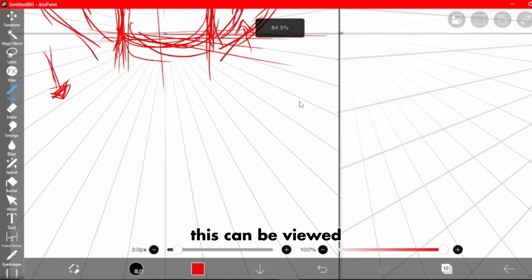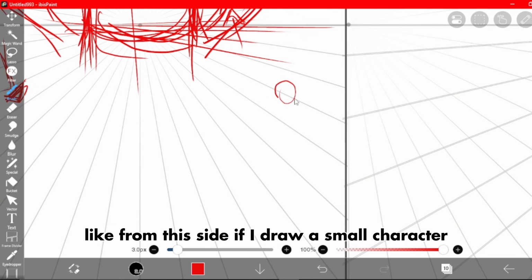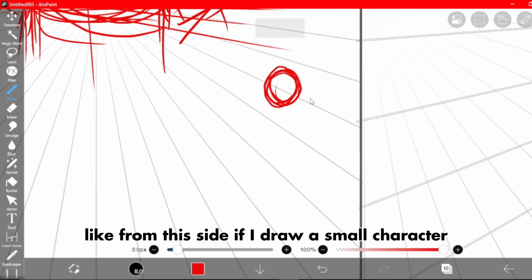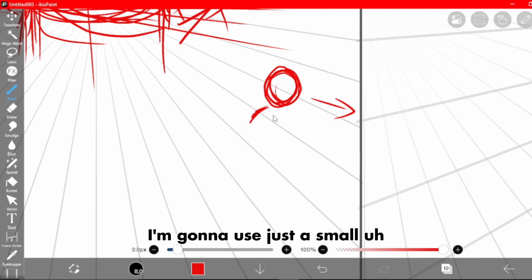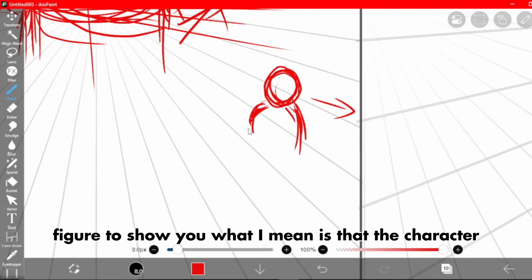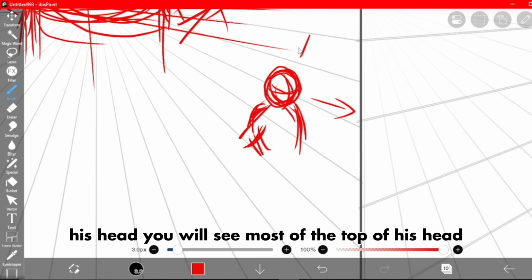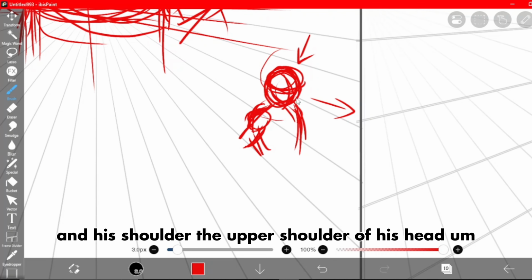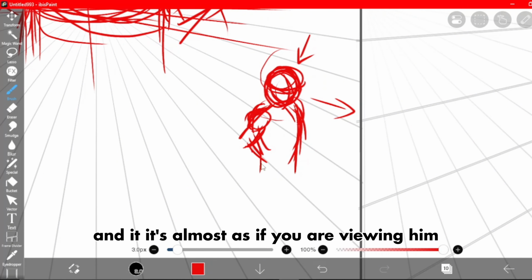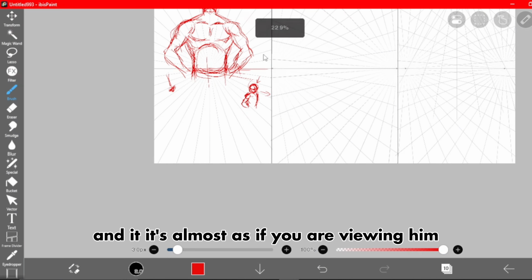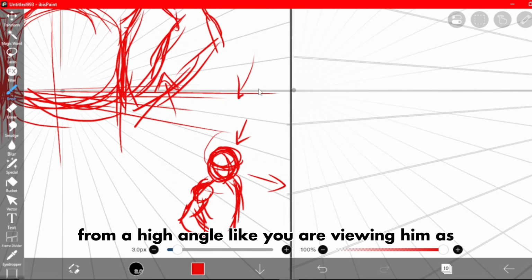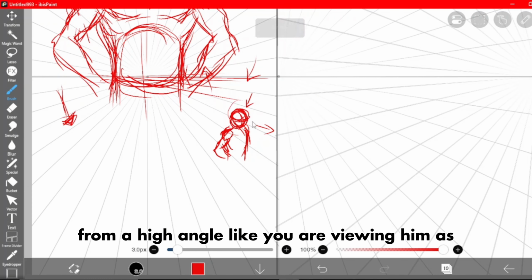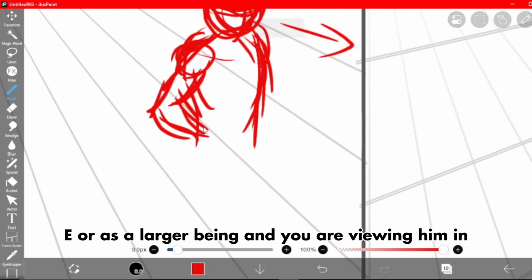So this can be viewed, maybe if I'm drawing a small character from this side. Let's say he's facing that direction. I'm going to use just a small figure to show you what I mean. With his head, you will see most of the top of his head and the upper shoulder, and it's almost as if you are viewing him from a high angle, like you are viewing him as a larger deity or as a larger being, and you are viewing him